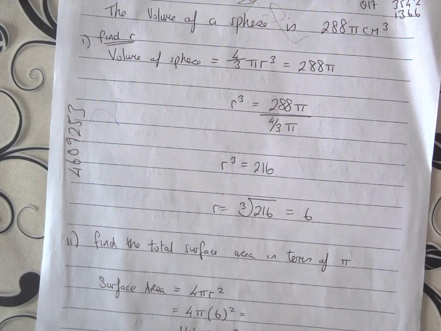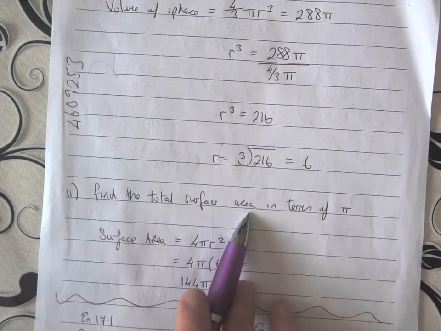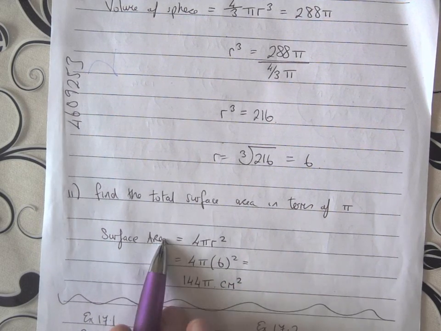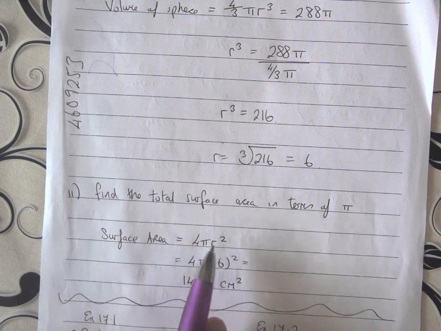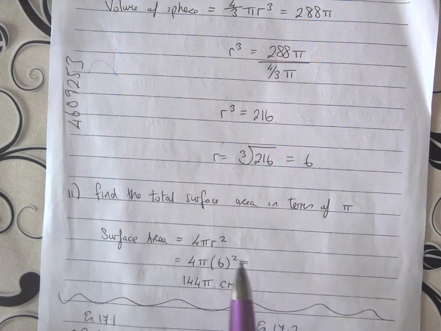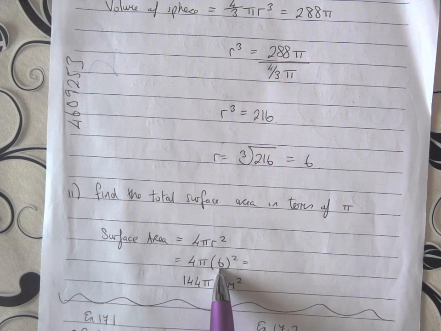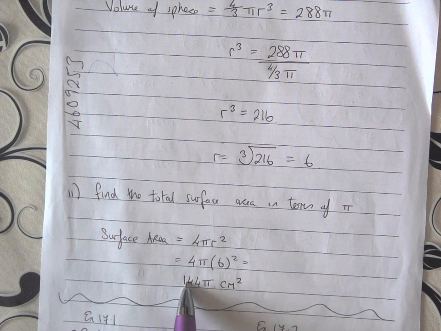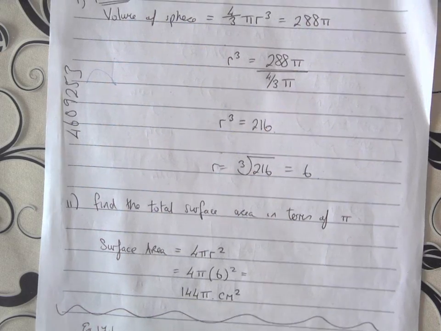Okay. Part 2 then said find the total surface area in terms of pi. So surface area of a sphere, 4 pi r squared. Fill in 6 for r, into your calculator. And it said in terms of pi, so 144 pi centimeters squared, and that's that. Okay,